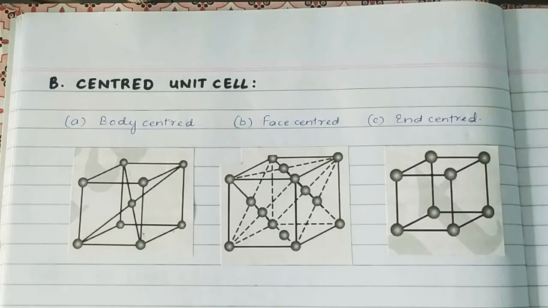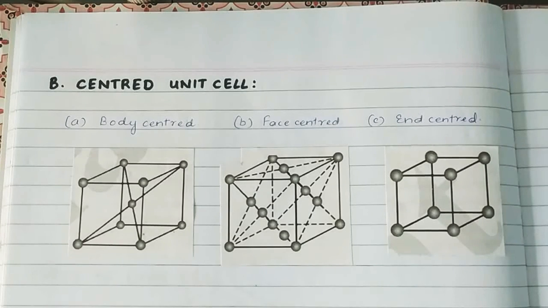Okay, so in the last class, we saw the two types of unit cells. Of course, we saw the definition of crystal lattice and the definition of unit cell. You know the unit cell is like a brick in the wall, right? We saw the two types of unit cells, that is the primitive unit cell and centered unit cell. And you also saw the different types of primitive unit cell: the cubic, tetragonal, orthorhombic, hexagonal, and so on.